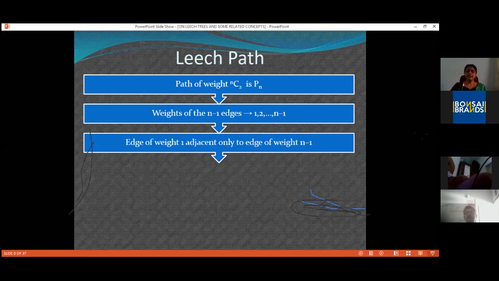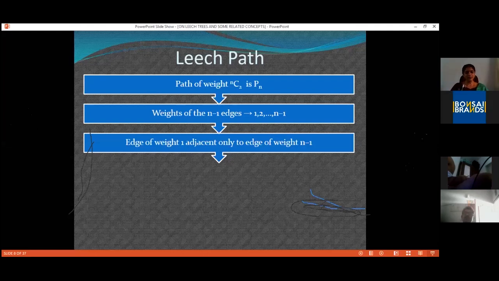Now we know that there exists another edge which is labeled 2. Let k be an edge which sits next to 2. So what will be the path weight? The path weight will be k plus 2. Again, k plus 2 cannot be 1, 2, etc., n minus 1, as those are already path weights. Now we have placed k next to 1, so 1 plus k, with k being n minus 1, gives 1 plus n minus 1, which is n, again a path weight.